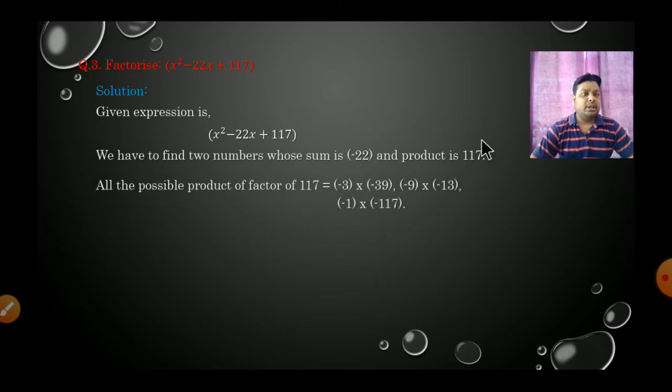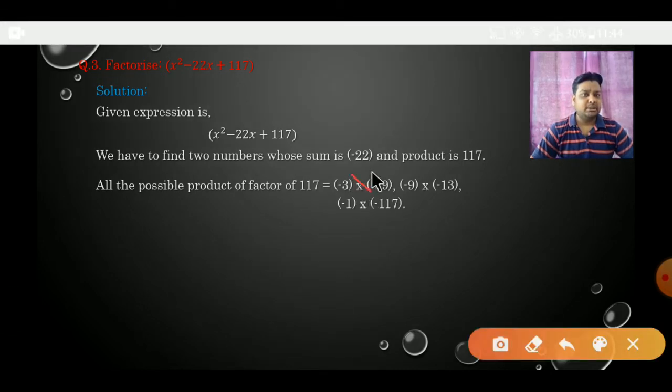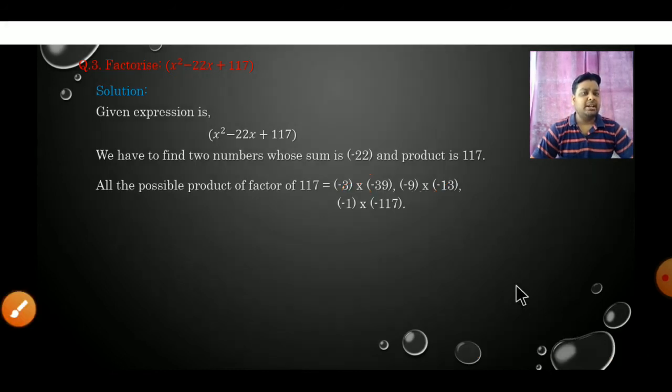What will be the prime factors of 117? Again here you can see that the minus sign is in the sum. It means again we will take minus minus, because the product is plus. We have to take numbers which, if you multiply, give minus minus plus, and if you add, you get the minus sign also. Now minus 3 and minus 39 will be minus 42, so it will not be the factor. Now minus 9 plus minus 13 will be minus 22. So we can say that we can take this number, it means minus 9 and minus 13.